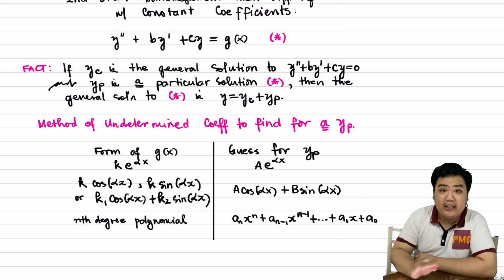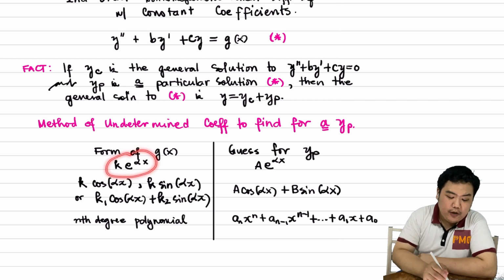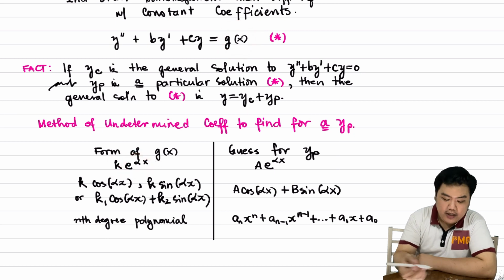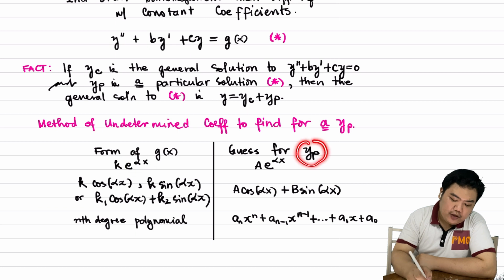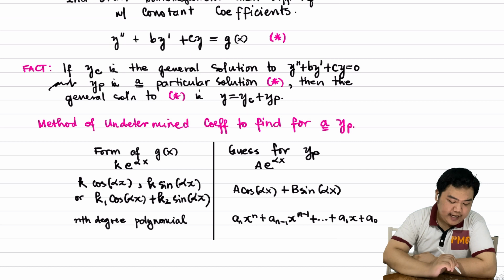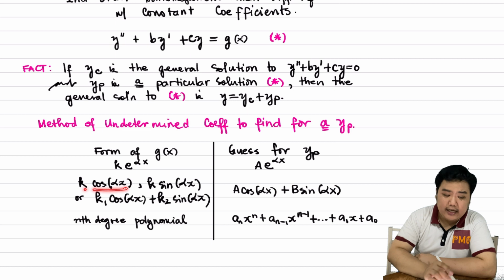So, isa-isahin natin itong mga forms para hindi siya overwhelming. Yung first one, kung yung form ng g of x mo, itong nasa right is a constant times the exponential function, yung magiging hula nyo for y sub p is a constant A times yung exponential function. Tapos, isosolve nyo na lang si A. Next, if the form of g is a constant times cosine, a constant times sine, or sum ng constant times cosine plus constant times sine,